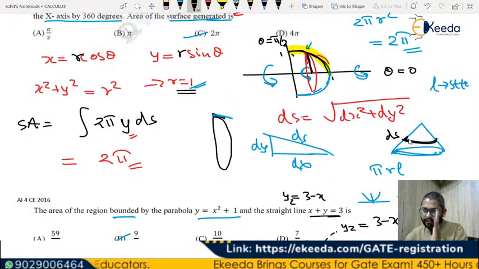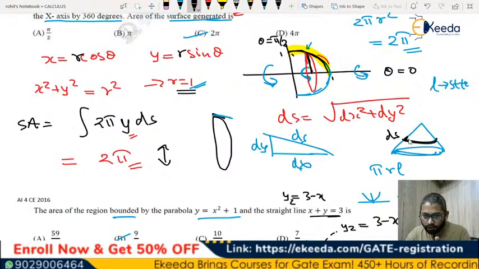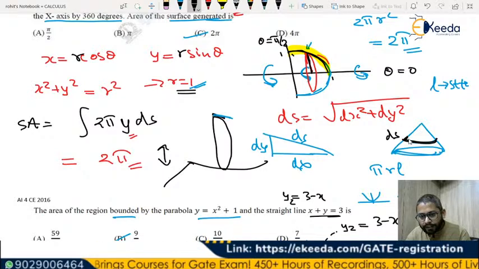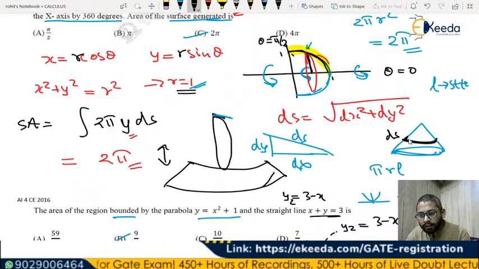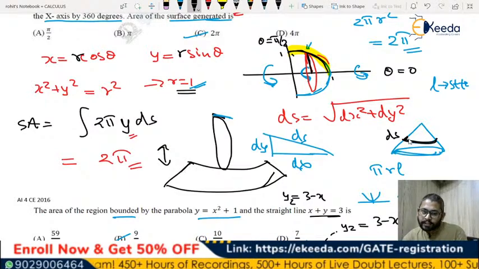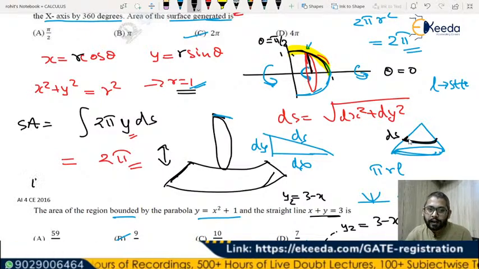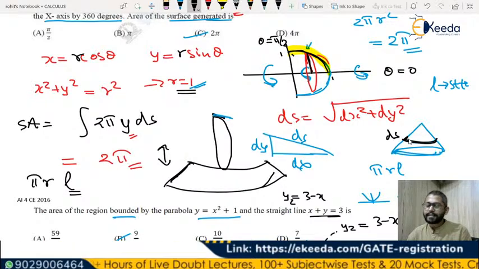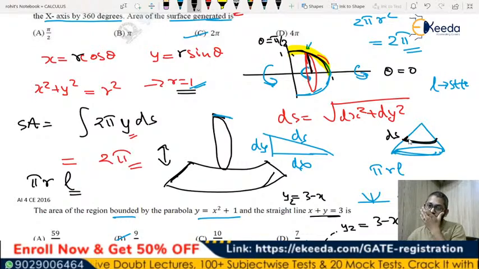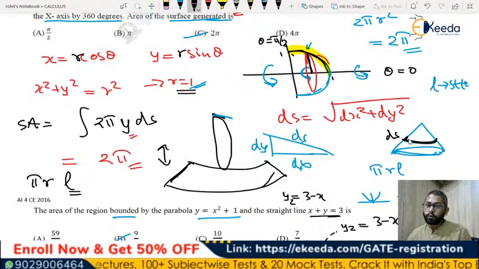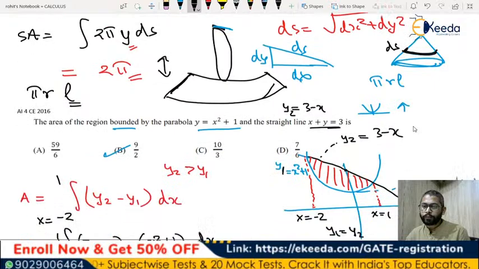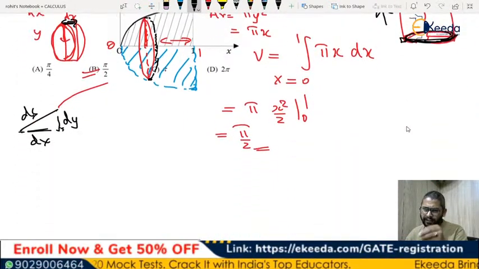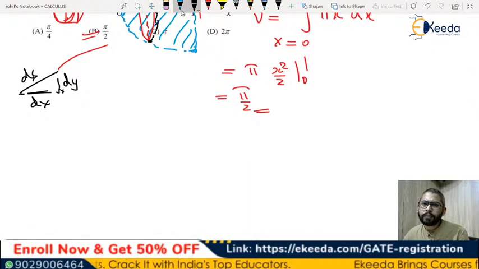You take the slant height. You don't take a simple width or height. You take a slant height like this. So this slant height gives you pi r L and not pi r h or something like that. That is the difference here, right? So it depends on what you are trying to find and what the parameters are, that also helps you, right? Apart from that, we'll also try to solve some other indefinite